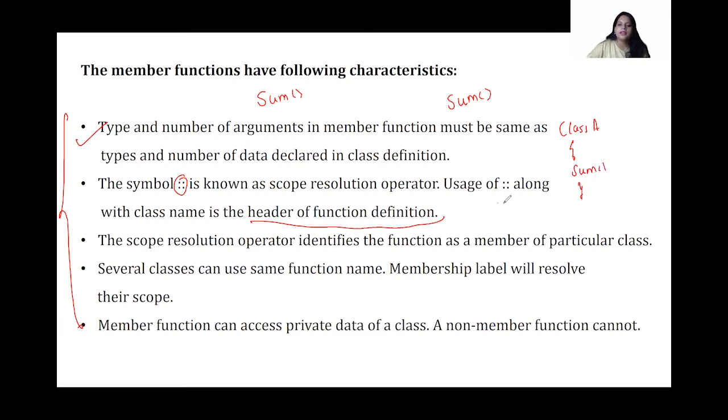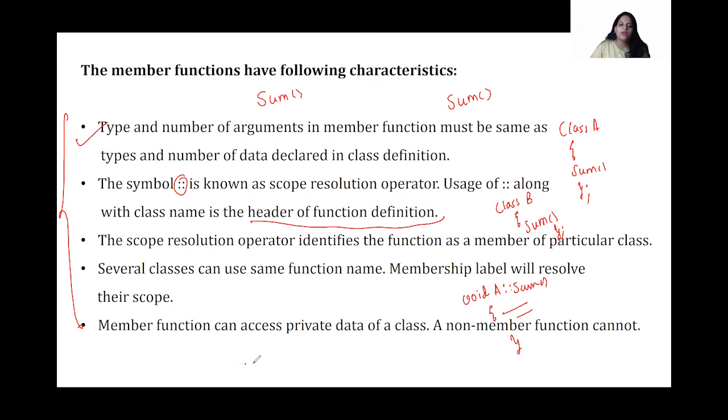And I have another class B, and this one also has a member function called sum. Now both these classes are in one program. Imagine what happens when I'm declaring it. Suppose both the functions have void as a return type. So the first one I will write as void, then class name A, scope resolution operator, sum, and then the required code for that.